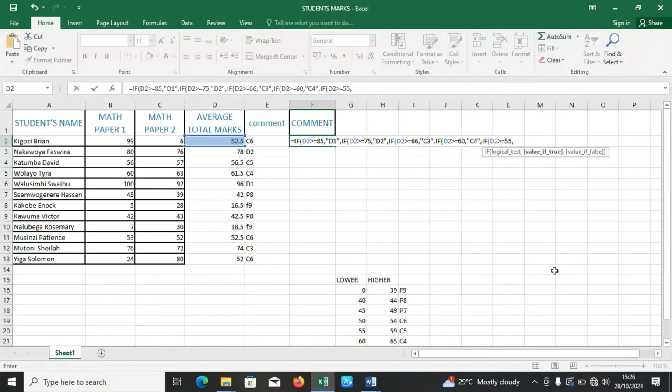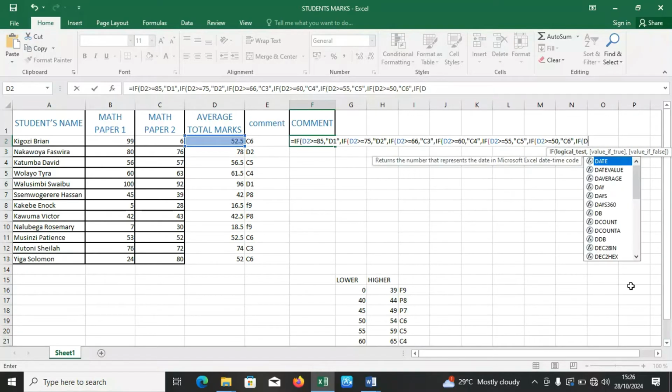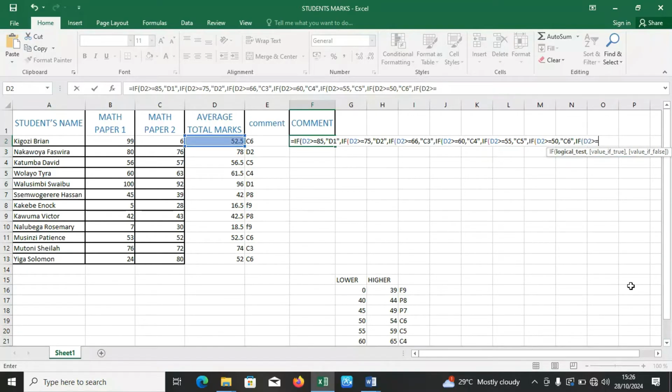Put a comma inside quotation marks, say it shall be a credit 5. Quotation marks. Put a comma and then say if again into brackets D2 is greater or equal to, right now we are on 50. If it is greater or equal to 50, put a comma and then inside the quotation marks you should say it is a credit 6. Inside quotation marks, put a comma and then open another if statement. If into brackets D2 is greater or equal to